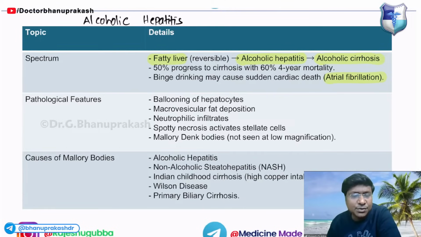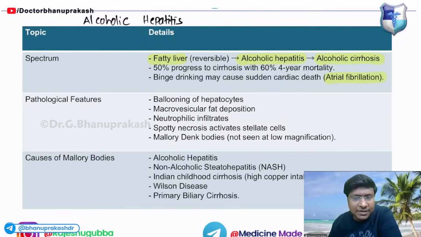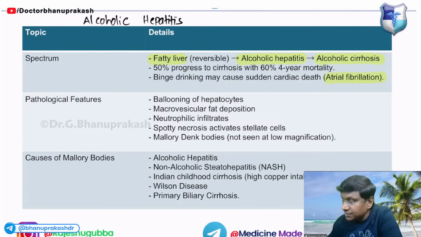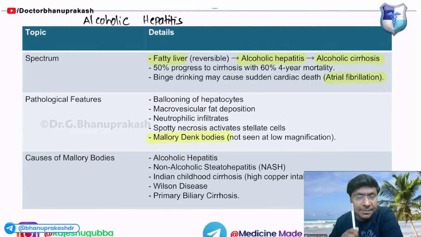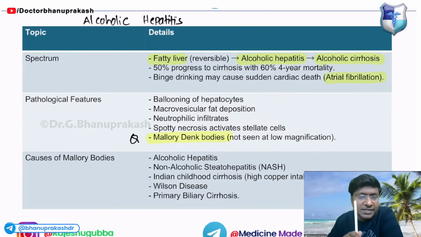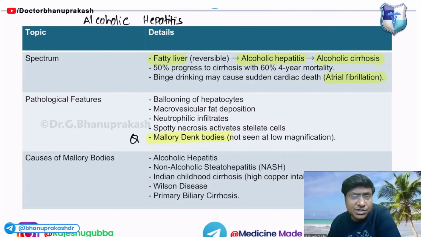The next important thing you need to know in alcoholic hepatitis is the pathological features. I have given you the entire list, but the important MCQ in these pathological features is the presence of inclusion bodies, and the name of the inclusion bodies is the Mallory-Denk bodies. Please remember, this will be a question integrating your medicine and pathology. But if the examiner is very keen and wants to trouble you a lot, then what he may ask you is